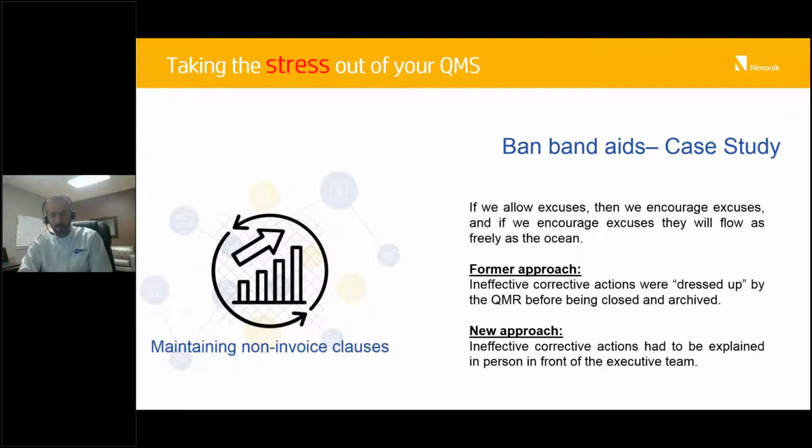And so what was happening was they were getting away with that in the short run, but because the corrective actions were weak, they were starting to show up again in repetitive nonconformances, and eventually their quality management system started falling apart. And so what they're doing now is the quality management rep,